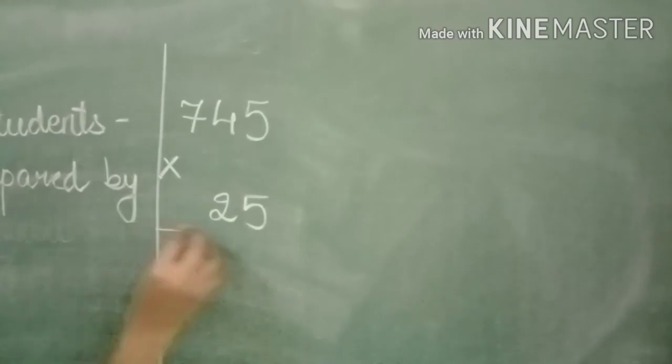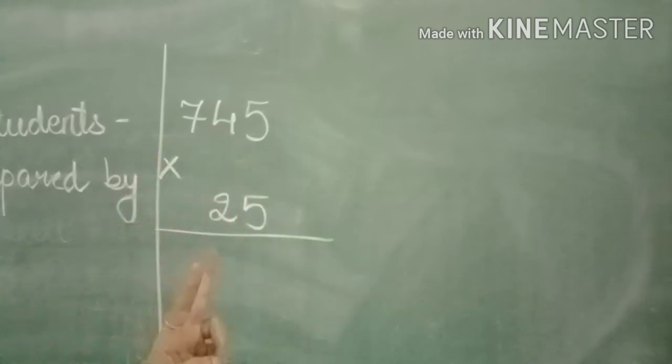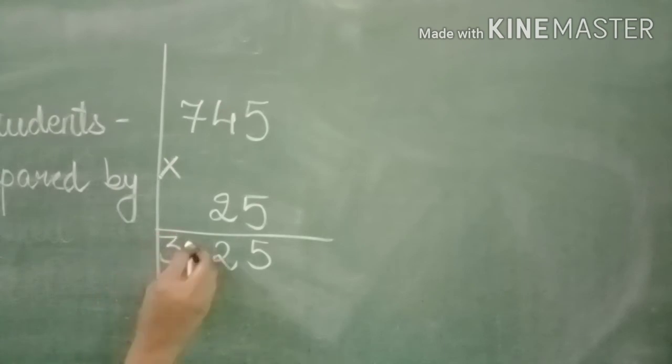Now let's start with the multiplication. As we know, 745 is a 3-digit number and 25 is a 2-digit number. 5 is standing in the units place, 2 is standing in the tens place. We are not going to write the carry forward up; if possible you can make rough work over here or just do it mentally. 5 fives are 25, 2 carried up, 5 written down. 5 fours are 20, 20 plus 2 becomes 22. So 2 written down, again 2 carried mentally. 5 sevens are 35, 35 plus 2 becomes 37.